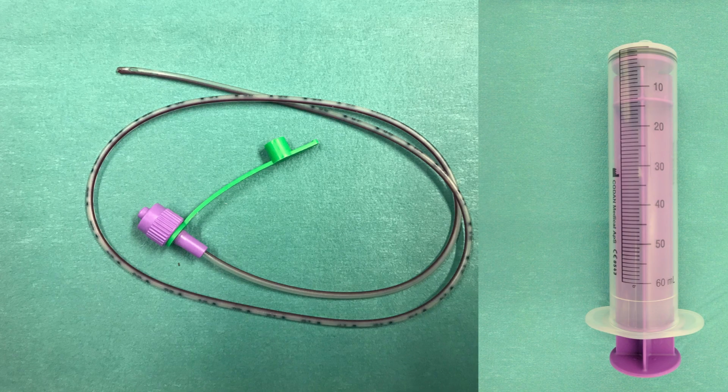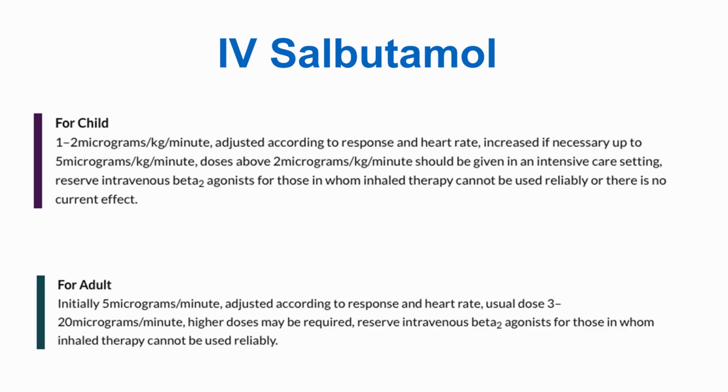make your ventilation difficult. Okay, so the final thing I want to mention under the heading of breathing again relates to asthma, and in particular the use of intravenous salbutamol, because this is somewhere that if you follow current guidance in the BNFC, you can very quickly get into salbutamol toxicity, particularly with older children. So if you look at the guidance in the BNFC, it recommends a starting dose for a salbutamol infusion of 1 to 2 mics per kilo per minute, and if needed that can be increased up to 5 mics per